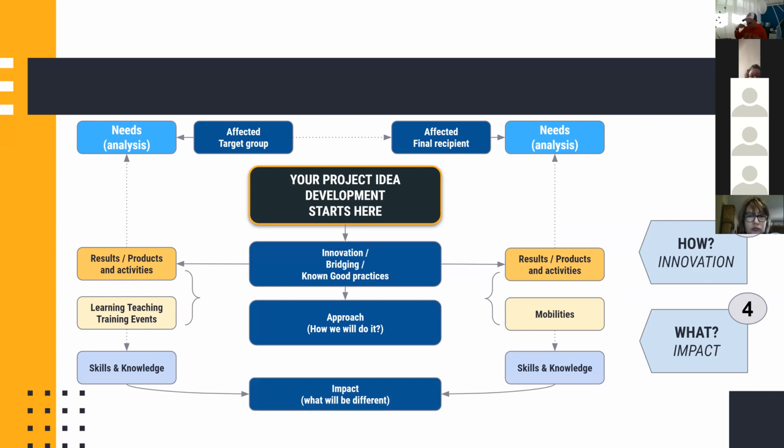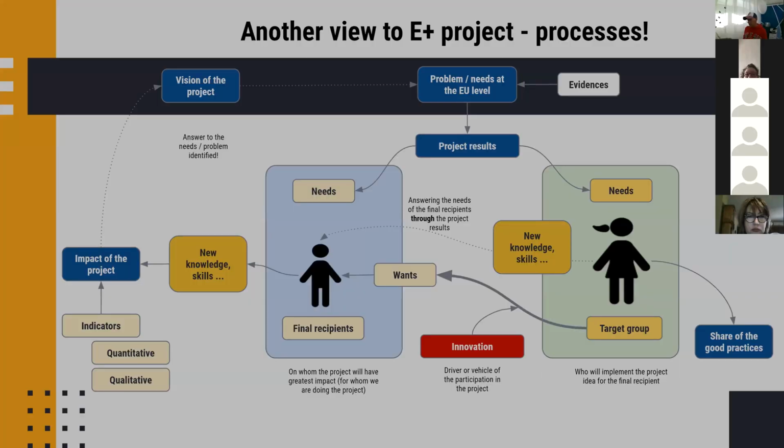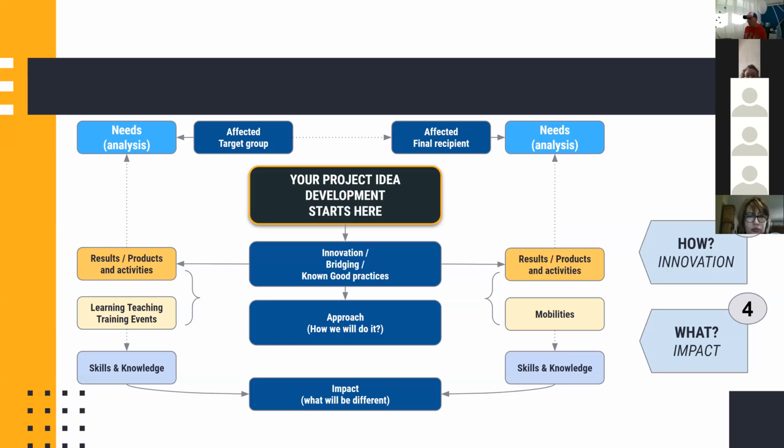What will be different in the world after this, and the project will be approved. And that is it. It is all about this impact. So if your complete idea doesn't have an innovative aspect, doesn't have results, and you don't know what skills and knowledge those kids or teachers will get